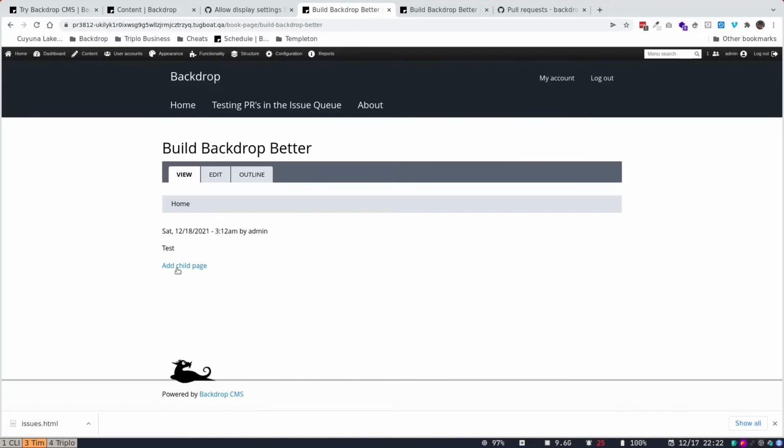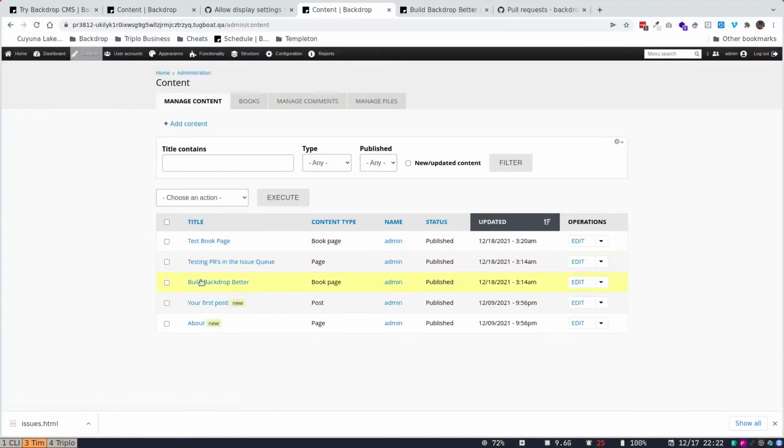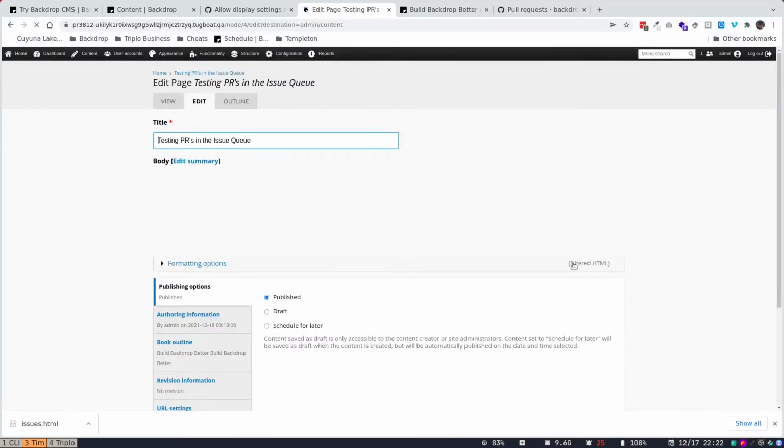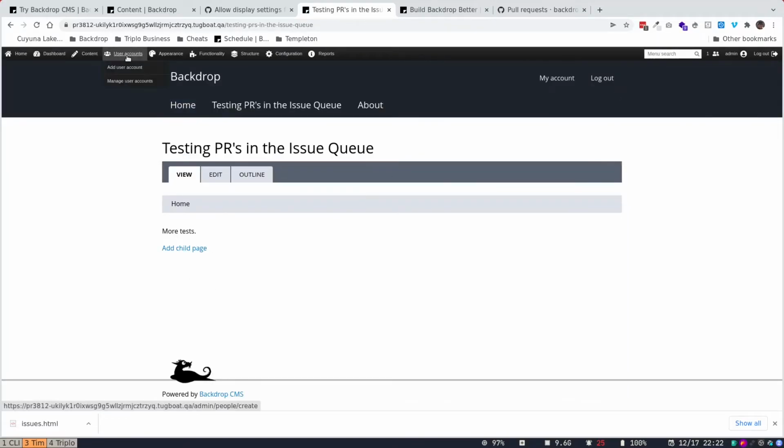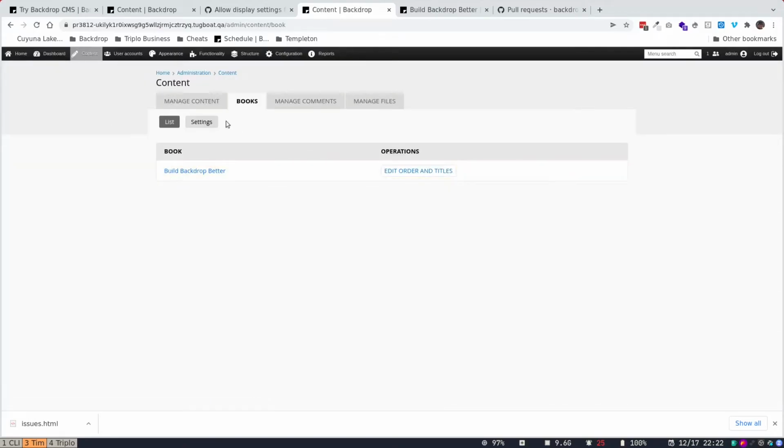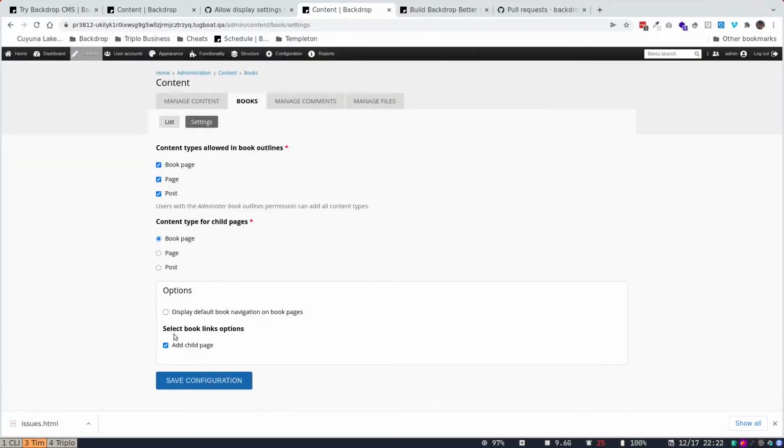Now I go to view one of the book pages, and I can see that the add child page link is there, which wasn't there before. Build Backdrop Better. Oh, I keep hitting edit. I want to go to the view page. There's that there. So now let's go back to books and go to settings, and let's